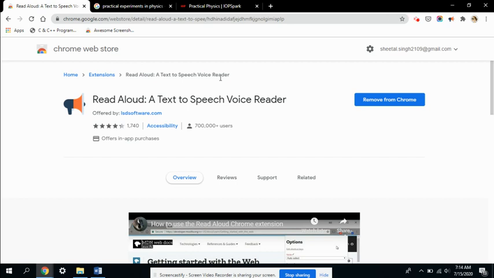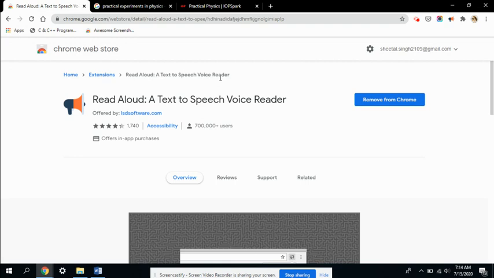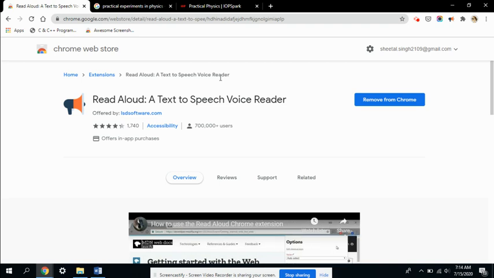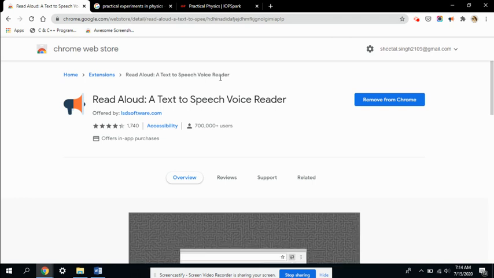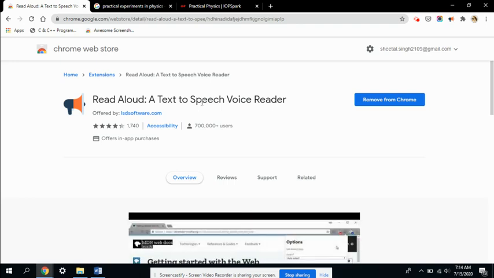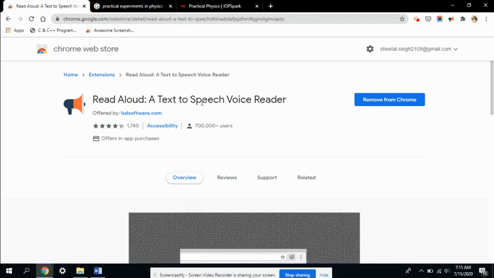The next extension I'm going to share with you all is Read Aloud. As the name says, Read Aloud, this text to speech voice reader converts all the text on the screen to a voice. This extension can be highly useful when you are conducting some practical experiments and your hands are equipped with the instruments or whatever, like you can say in the practicals of biology, in practicals of chemistry, in physics,